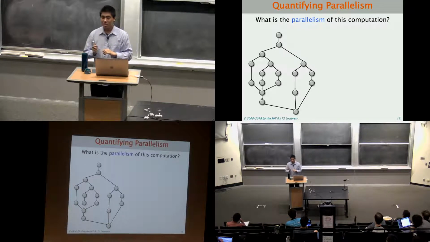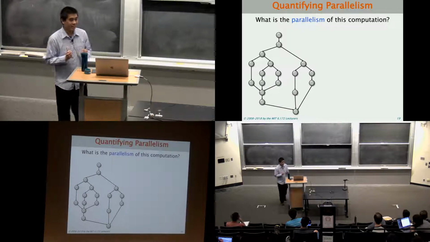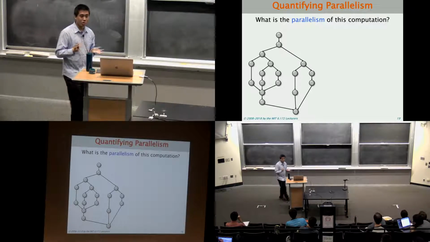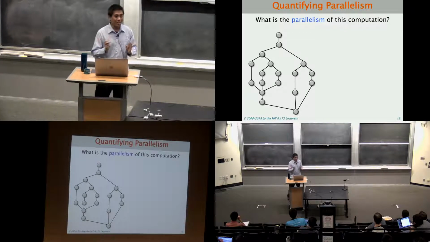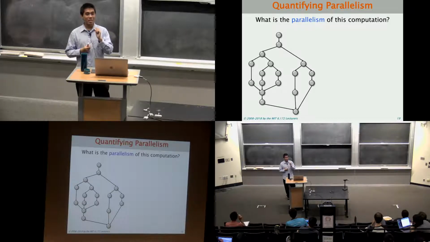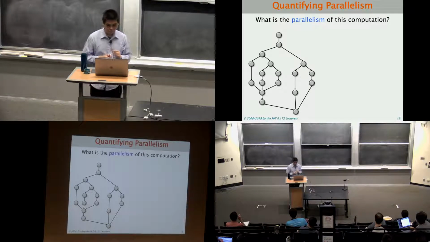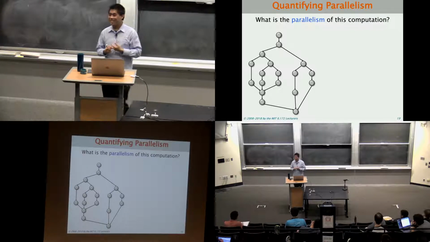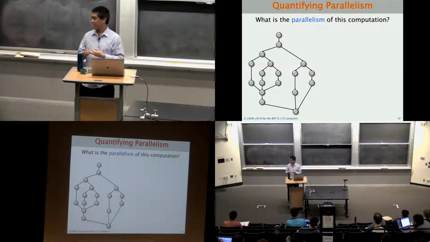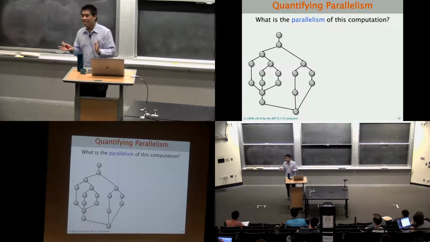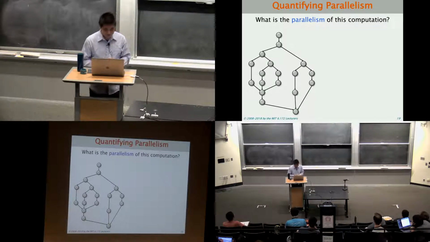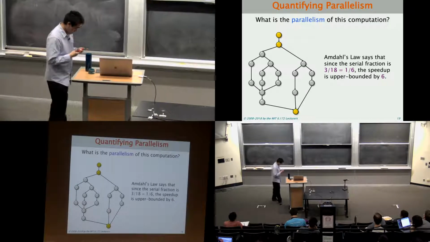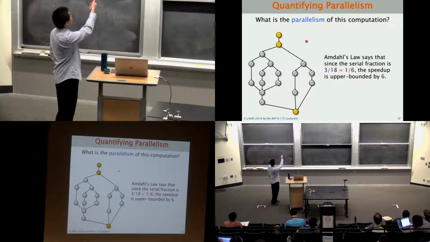Less than 6. Turns out to be less than 4. You're getting close. It turns out to be more than 2. What's left? 3. Okay. So 3 of these nodes have to be executed sequentially,